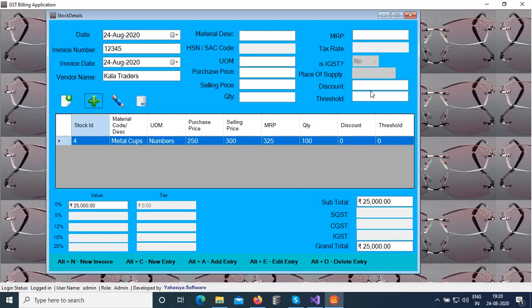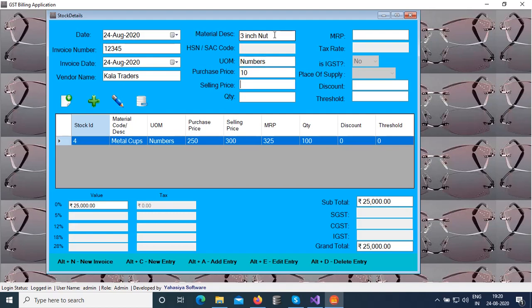Similarly, we are going to add a new entry. So Alt C, then nuts, 3-inch nuts, number.